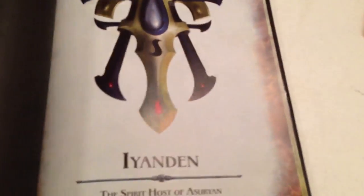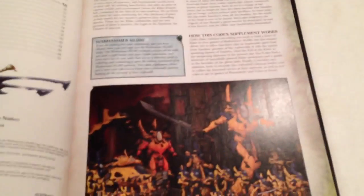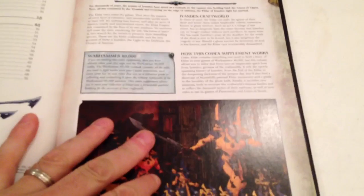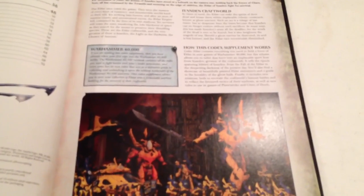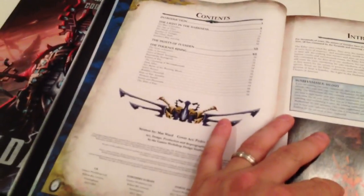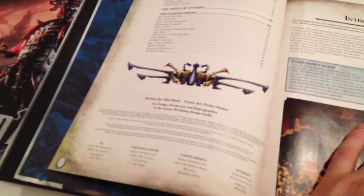Now this book can be divided up into basically a few sections. It is fluff, which is a majority of the book, then it goes from fluff to pictures, to rules, to missions. So there's really only 4 sections of this book that divide it up. The first part starts with some beautiful artwork,